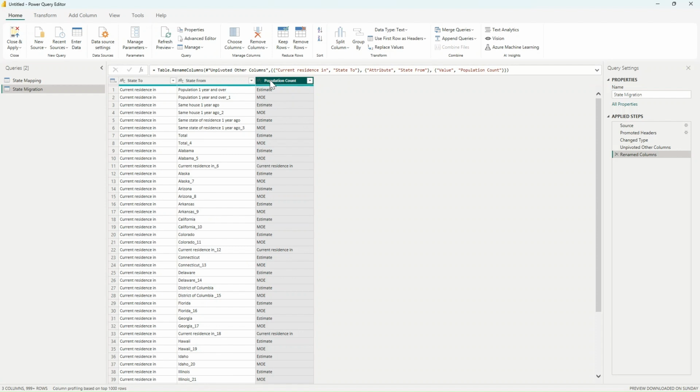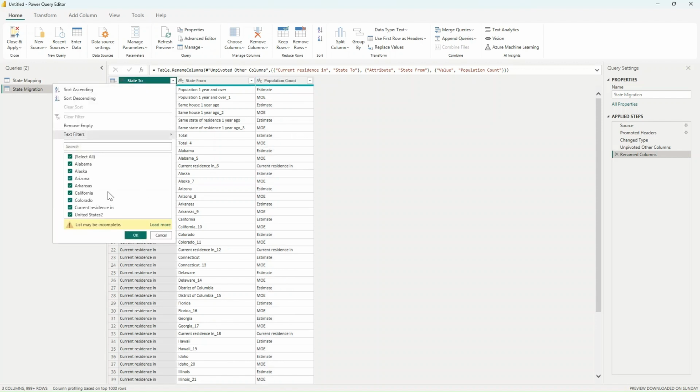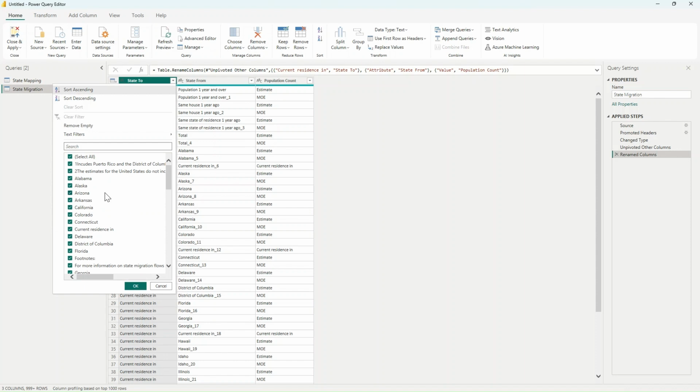and this one would be population count. There was a hint given in the challenge that the District of Columbia would be removed if we don't pay attention. And because that hint was given, I looked into the data to see what is happening, and I found out that District of Columbia has, if I just search it here, some extra spaces, and that's why we need to remove those extra spaces.